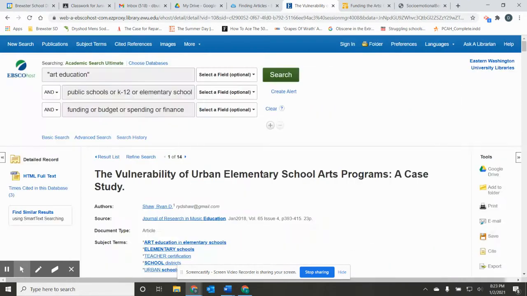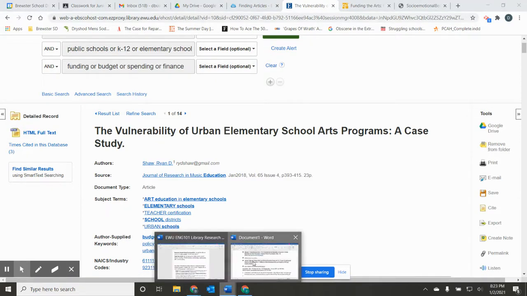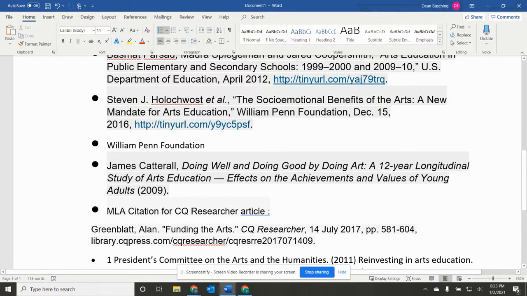So let's just say I want to use this. I'm going to add it to my folder. So that's in my folder. And then I'm going to look for one. I'm going to go back because I'm curious about this thing, this James Catterall, Doing Well and Doing Good by Doing Art. So if I found an article and I want to look for it,